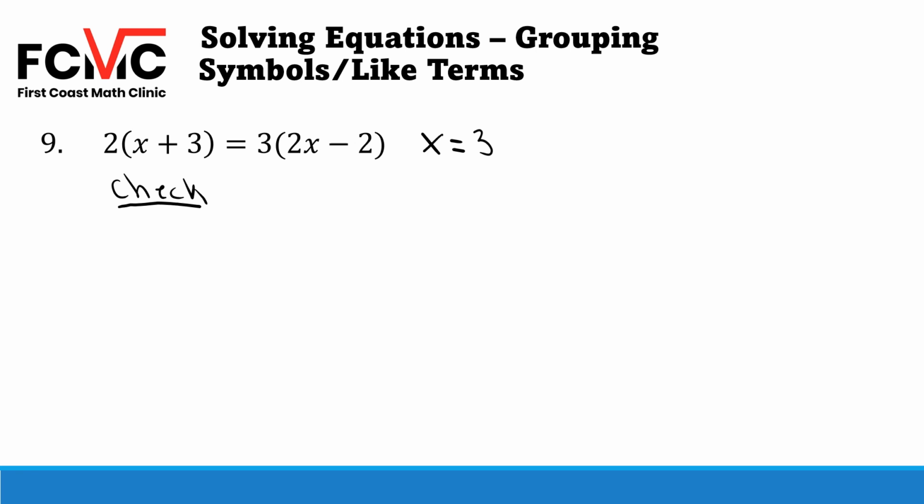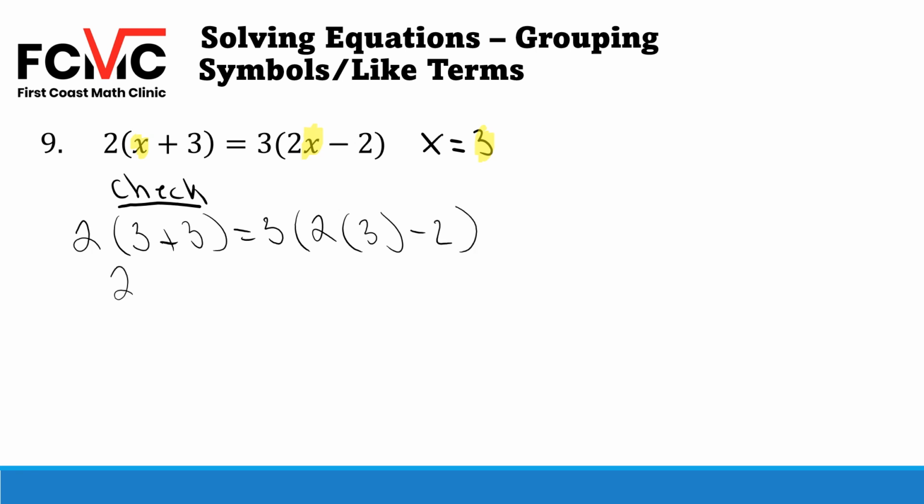So for number 9, our equation 2 times the quantity x plus 3 equals 3 times the quantity 2x minus 2. Our solution is x equals 3. So for our check, let's take that 3, put it in for x. So let's rewrite our equation. 2 times 3 plus 3 equals 3 times 2 times 3 minus 2. So let's simplify in our parentheses. 3 plus 3 is 6